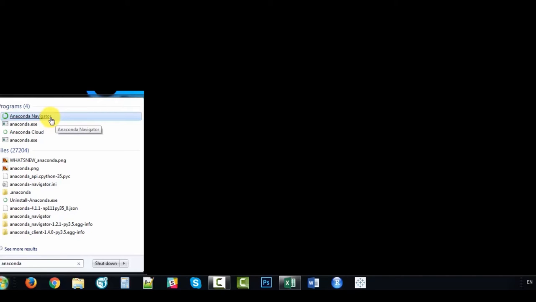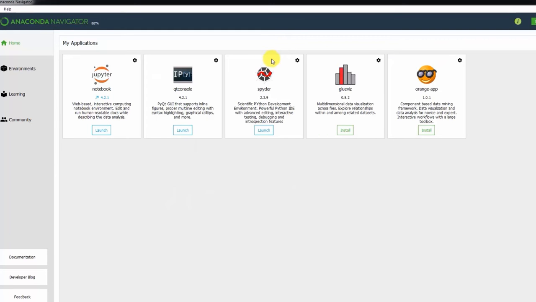That is your aim, and this is going to take a few seconds to load, so give it some time. Here you can see that a couple of things are available. You have got Jupyter notebooks, Python console, Spyder, and so on. What we are interested in is actually Spyder. Spyder is our IDE of choice.